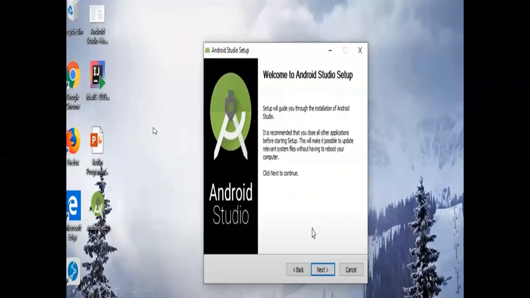Here you go. So this is your Android Studio page. Here click on next.